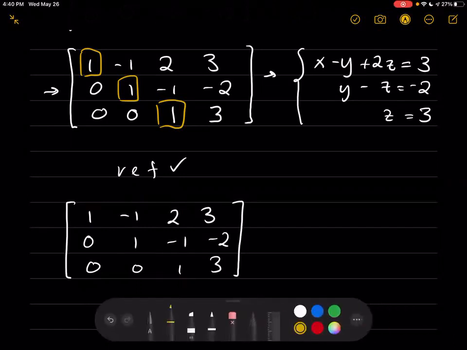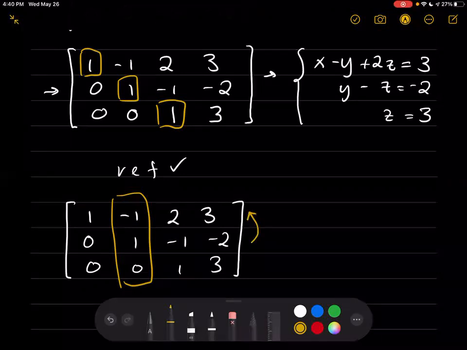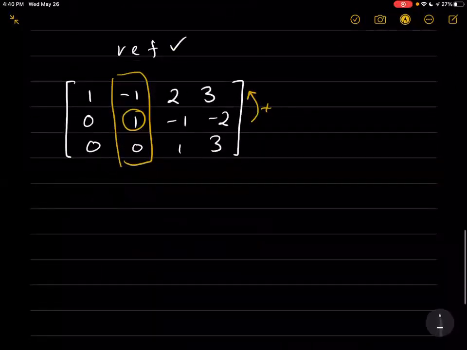So let's go ahead and just focus in on this column first. So that -1 is a problem. In order to get rid of it, I think we can just take this middle row and add, because this middle row's got that 1 there. We can just add that 1 to -1. That'll get us 0, right? So when we do that,